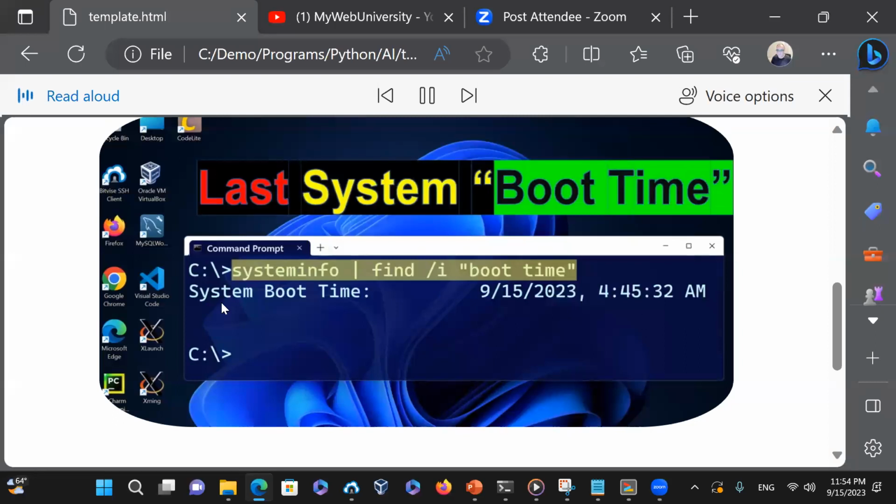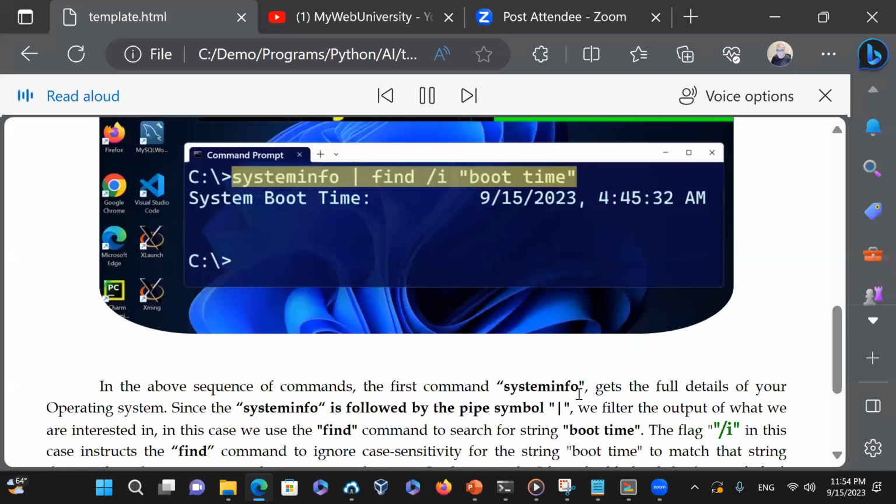In the example, I have highlighted the Systeminfo find /I boot time in yellow so you know what is the full command to type at the command line prompt, also known as DOS or Disk Operating System prompt. Below the highlighted command is the output of the command showing you when was the last time your system was rebooted. Thanks for watching our YouTube channel